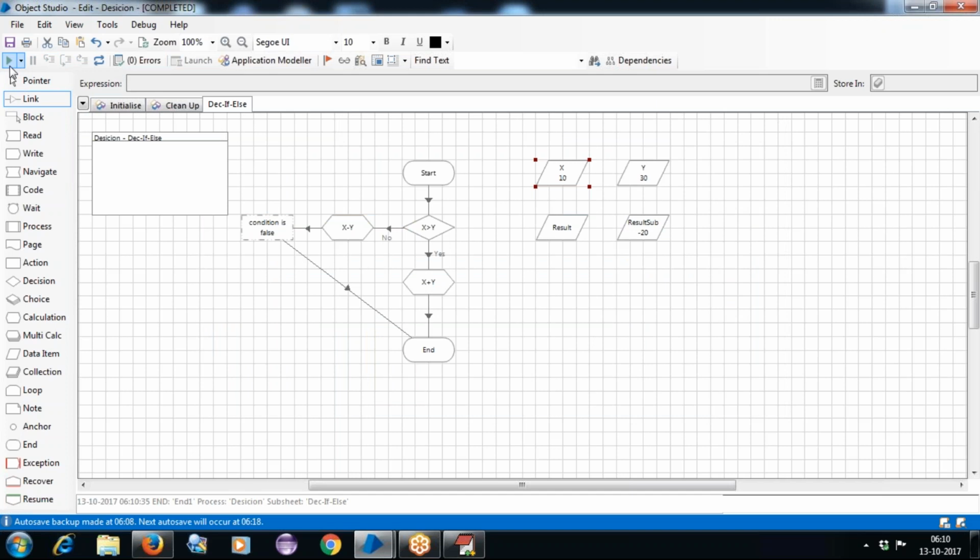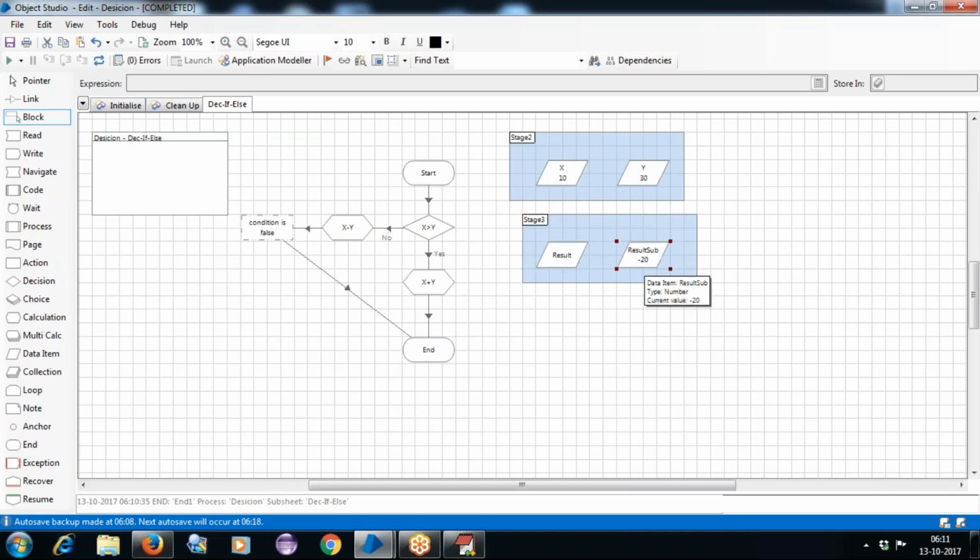Now, to make this very visible for the user, he will be able to use the block here. He can just click on it. A block is nothing but a way to highlight your statements here. For example, this one is getting highlighted, and this I'll take with one more block here. Now we can understand that these two are related to your input activities, and these two are related to the output activities here.